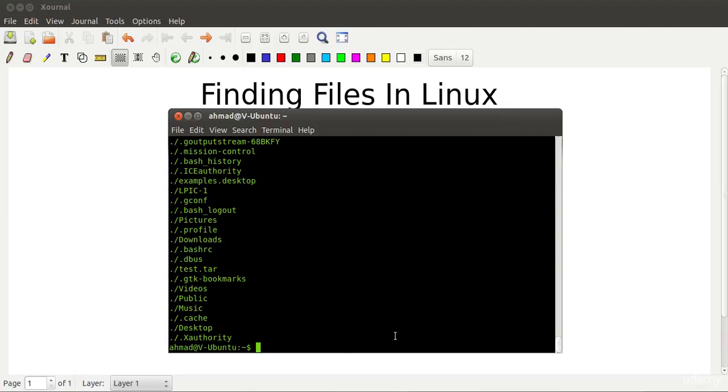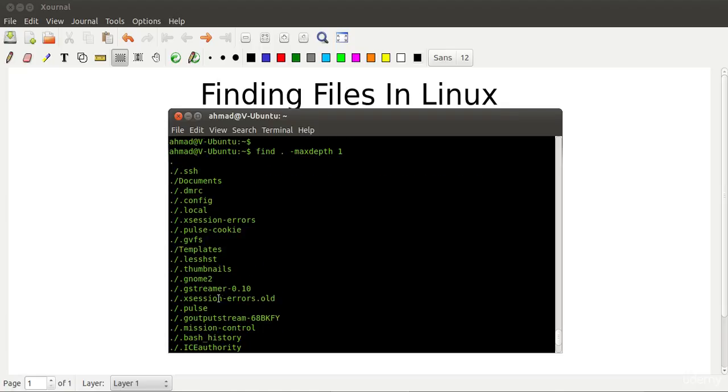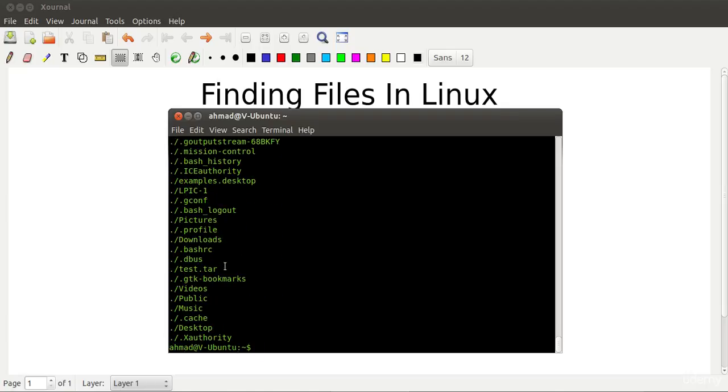So we do that, and now we see that there are no further directory paths. As you can see, it is only giving us the names that are in that very directory. Now